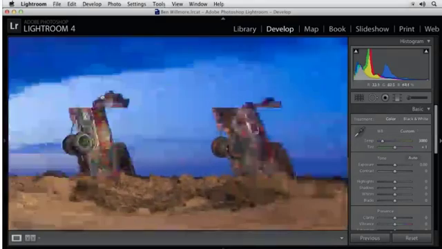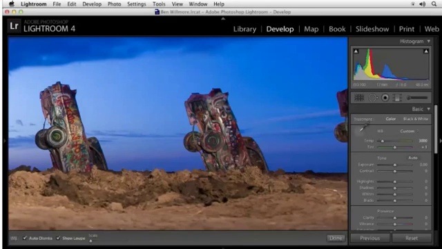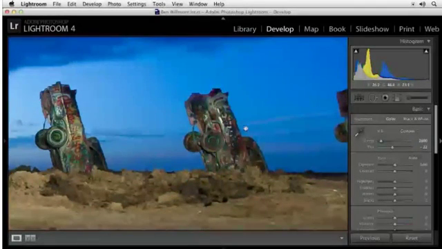What it's really doing is anything that is a shade of gray, and the brightness is not critical, anything from white to black in the brightness range that's a shade of gray isn't supposed to have any color in it. It's not supposed to be bluish or yellowish or anything else. And so when I come in here and I click on it, Photoshop just measures to see if there's any color in there. And if it finds color, it assumes that's the color of the light source. And it shifts the color of the picture away from that color until the area you click on is truly a shade of gray. So I can pick any area that's painted with white or gray, click on it, and it should be able to figure out what color the light source is from